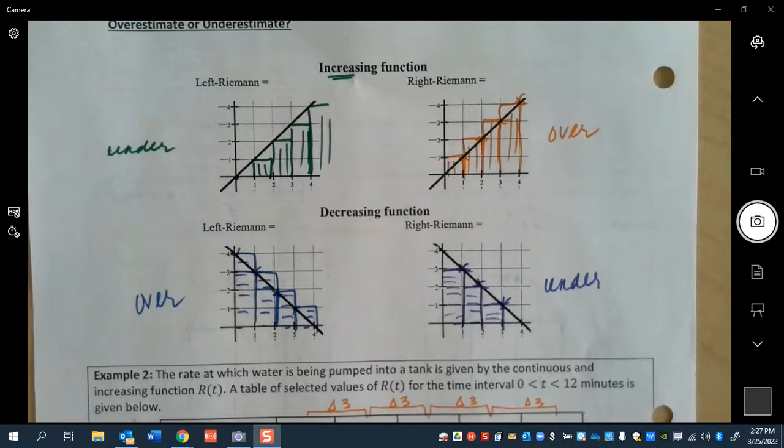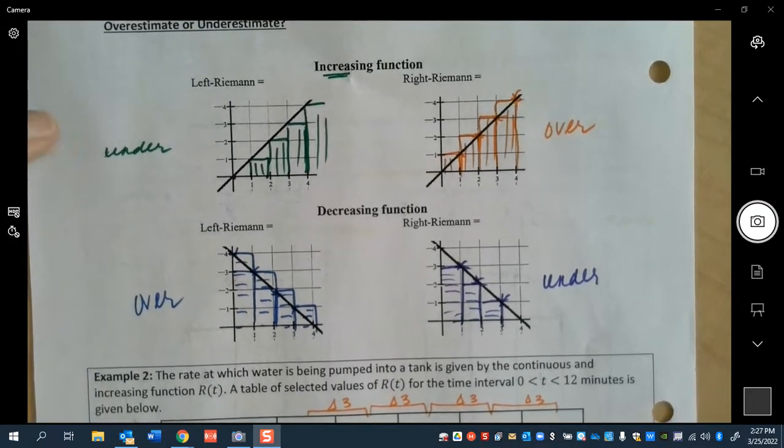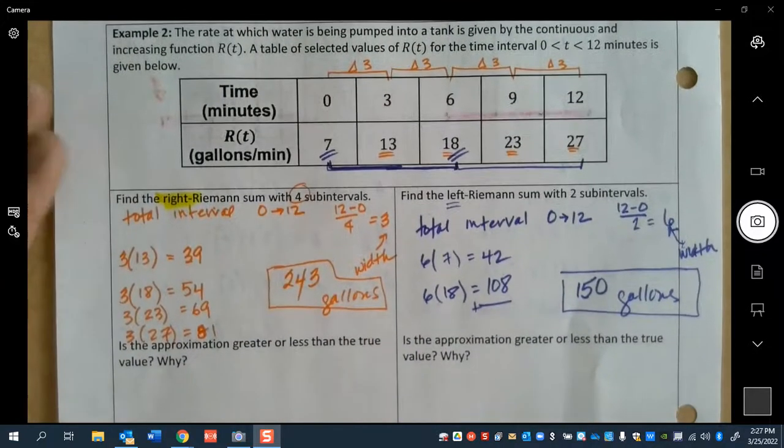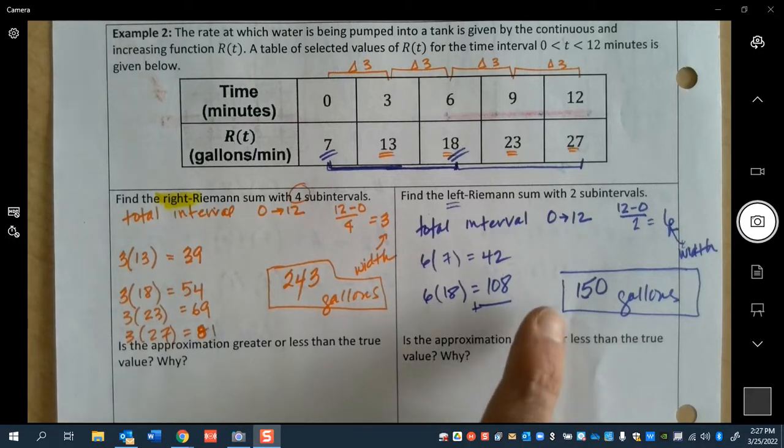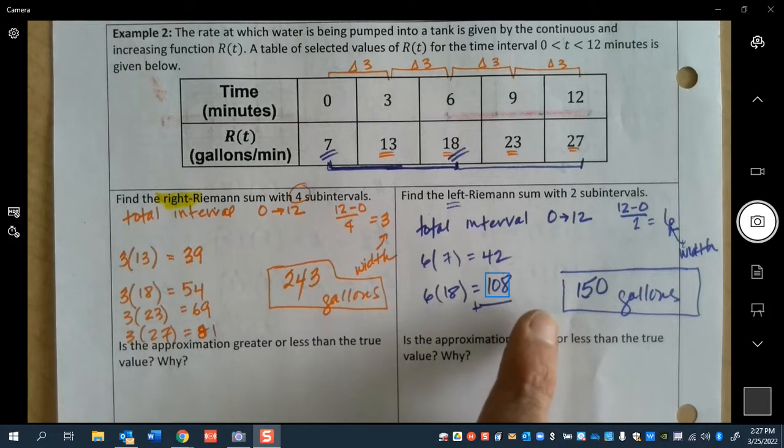If I do a left-hand sum of an increasing graph, it's an underestimate, and this estimate here is pretty lousy anyway, because I only did 2 intervals instead of 4. It'd be interesting if you calculated it using the left-hand sum